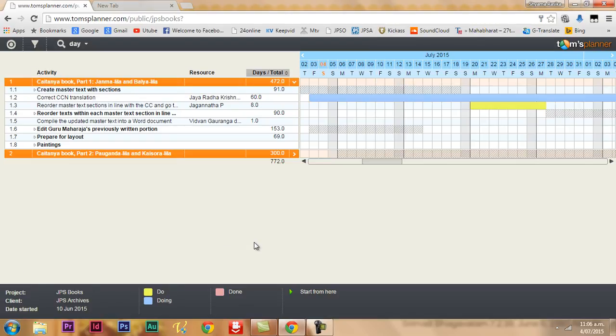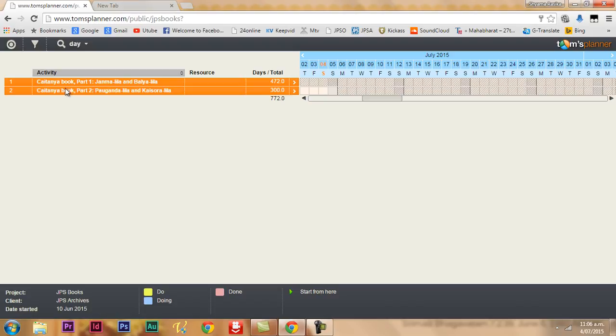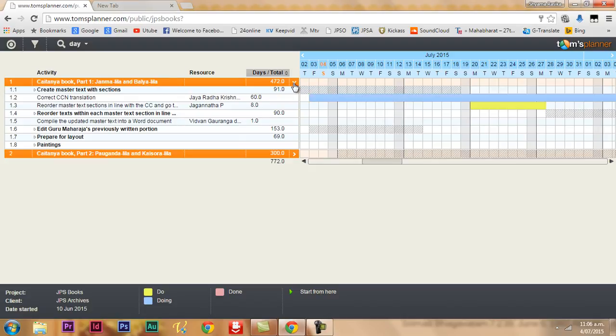And then it shows this Gantt chart, as you can see, and on the left you find a task outline. The first part of the Chaitanya book project itself is a description of Lord Chaitanya's birth pastimes and his childhood pastimes. The second part is his pastimes as an adolescent, early youth. So anyway, we're looking at this.